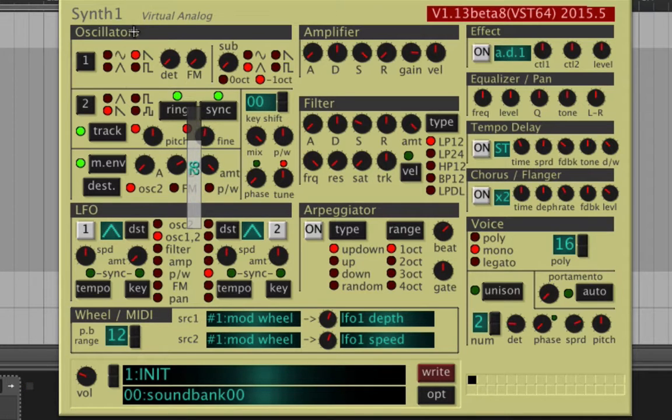And this is a major part of the oscillator section, is being able to make these adjustments here. And so every setting you then adjust is going to impact this sound, right? Because this ring and sync is based on some of the settings here in oscillator 1. So if we start to use FM,